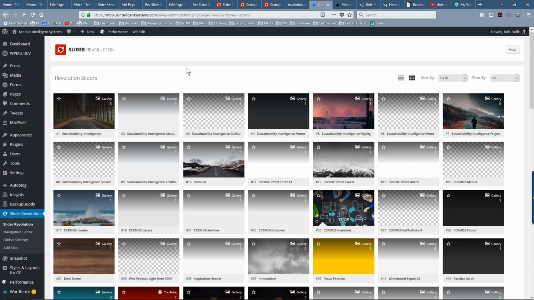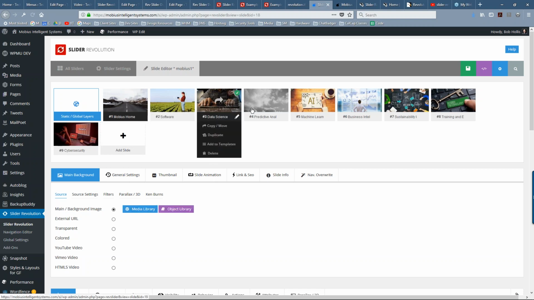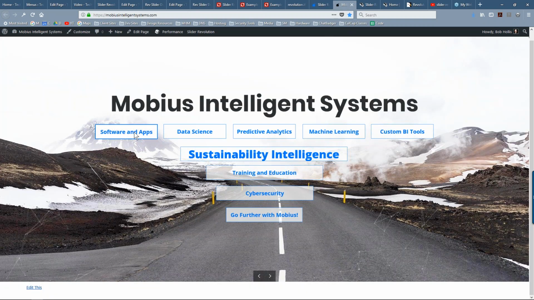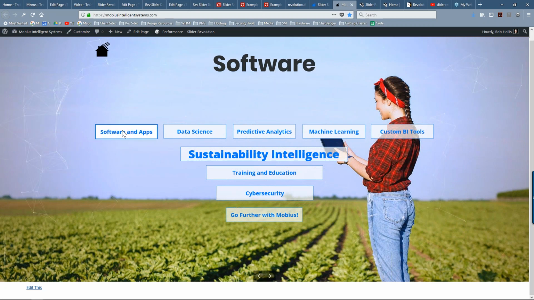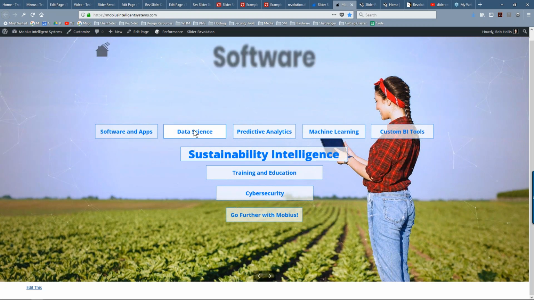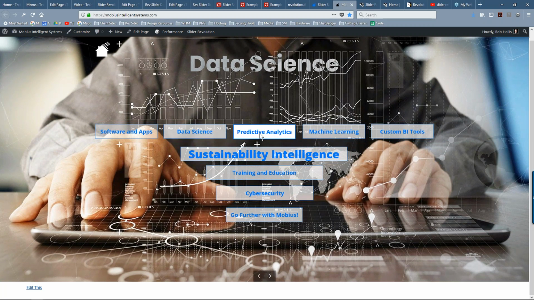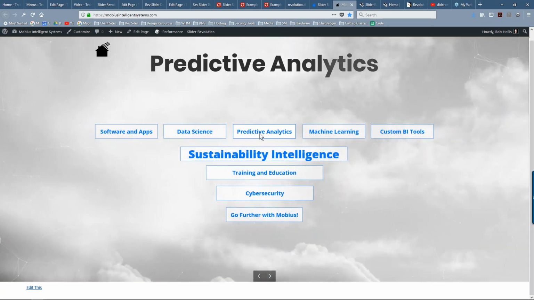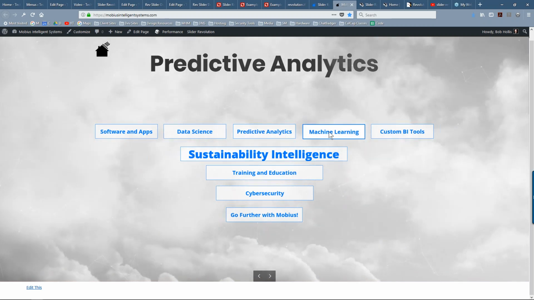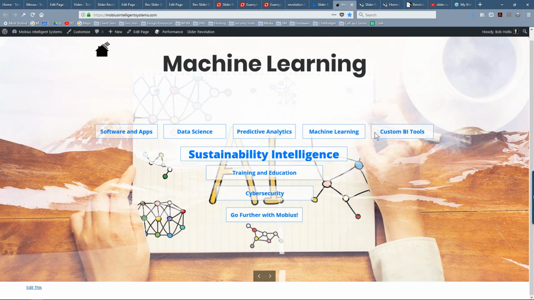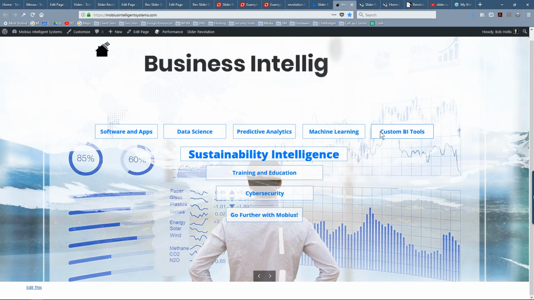So let's go into, here's Mobius. So that's the one we just looked at on the front end. So you can see these are the different slides I have in there. And I'll show you what that looks like. So again, if we were here, I can click on any of the what was called a ghost button, and it'll pop up a different slide based on what we do. So here's our data science, predictive analytics. We're using some cloud motion, machine learning, business intelligence, and you can see I customized all of this for the sustainability industry: paper, glass, recycling, energy, solar, wind, methane, training and education,